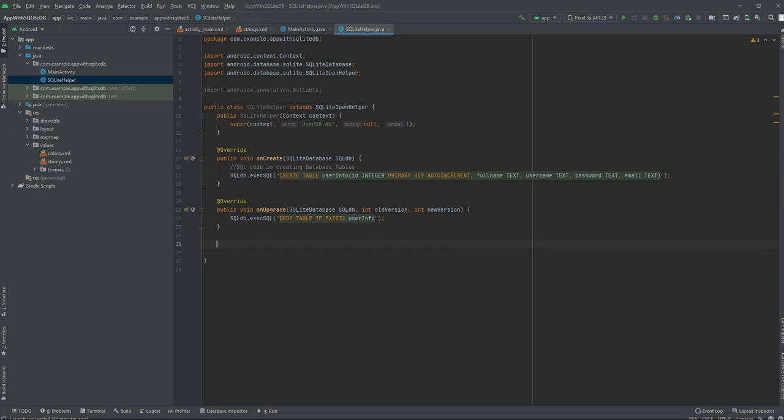Next, we will have create queries, SQL queries for the user info table. So here we will create all the SQL queries, like inserting data, updating data, and deleting inserted user information. Okay, so here, first we'll create the public